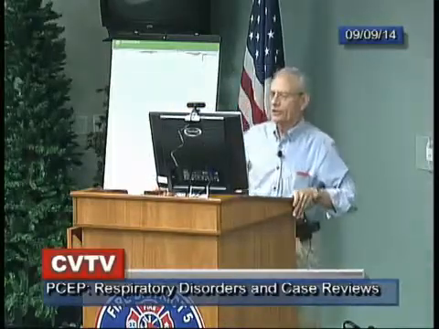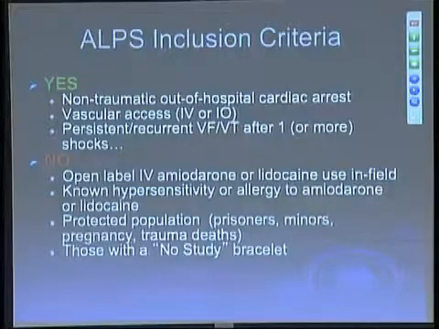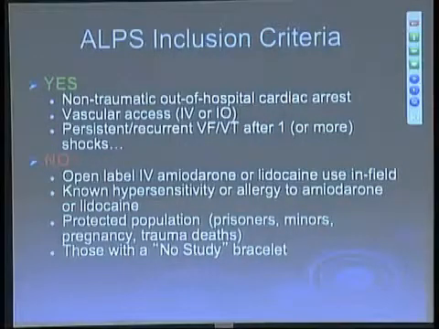Okay. Well, ALPS inclusion criteria. We've got a new thing to add to this too, but it's a very ALPS inclusion criteria. Non-traumatic, out-of-hospital cardiac arrest with vascular access, either an IV or an IO, and persistent recurring VFib, VTAC after one or more shocks. By definition, then, that means